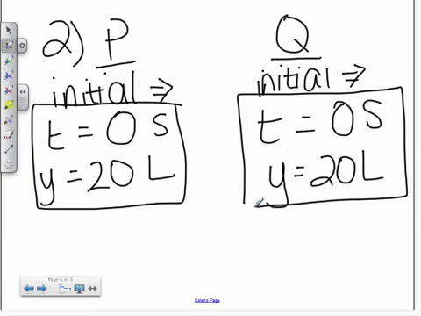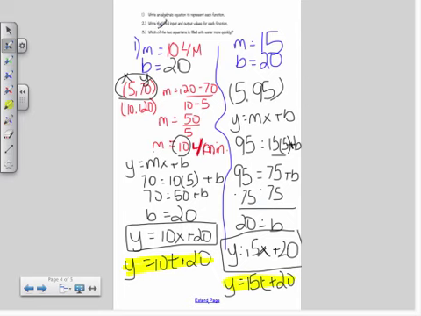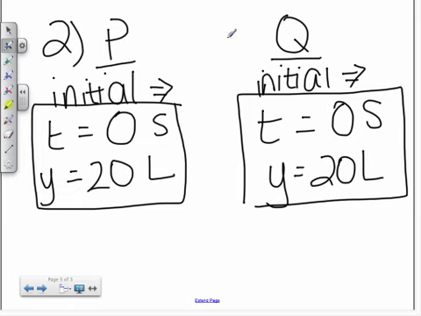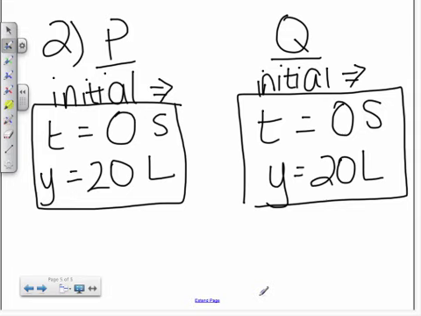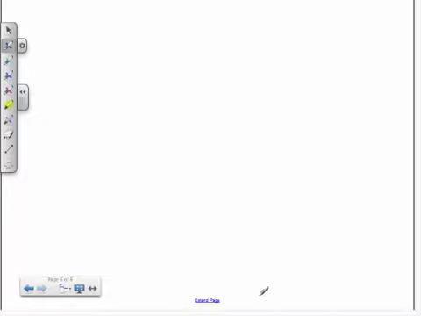Lastly, we need to answer question 3, which is which of the two aquariums is filled with water more quickly? That comes from my equation right here. This equation is saying that aquarium P is filling up with water at a rate of 10 liters per minute and aquarium Q is filling up at a rate of 15 liters per minute. So to answer question number 3, we're going to say that aquarium Q